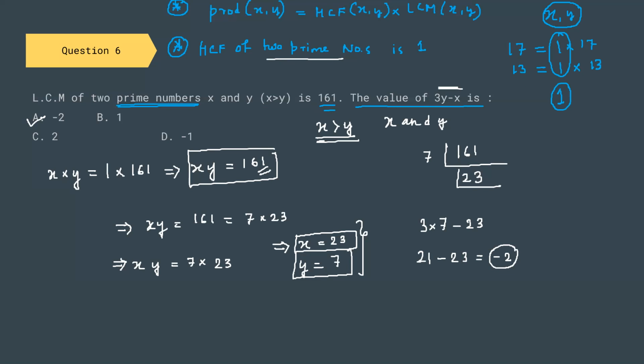I chose this question for one reason: for this particular theorem, the HCF of two numbers is always 1. Many students will see this question but will not remember this conclusion. So it is very important. I have star marked this conclusion also. Fine. Now let us go to another question.